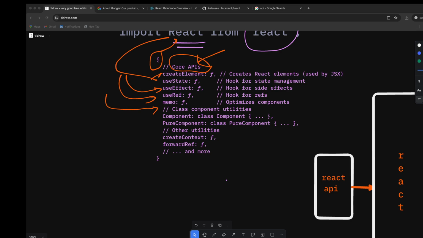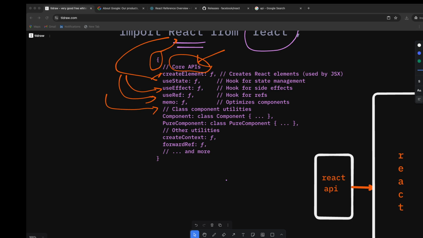So under the hood, React.createElement is the core function